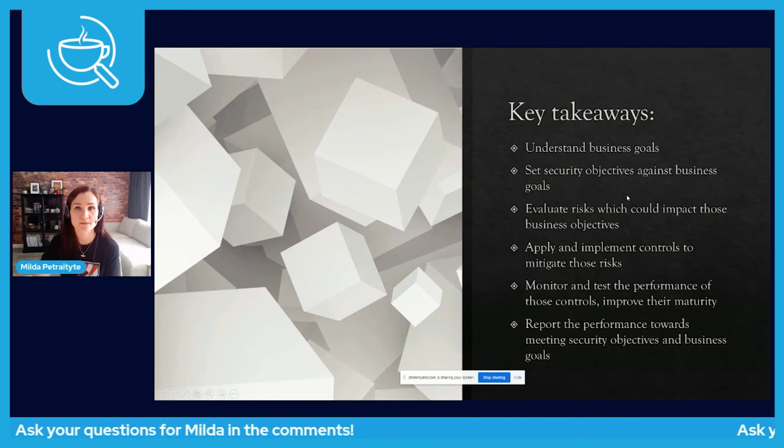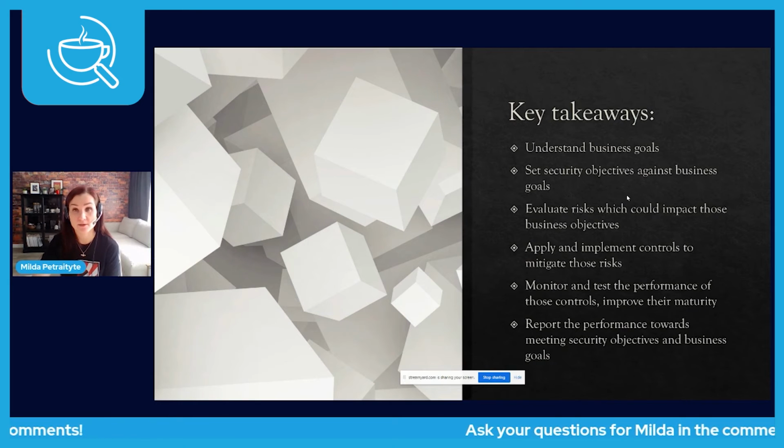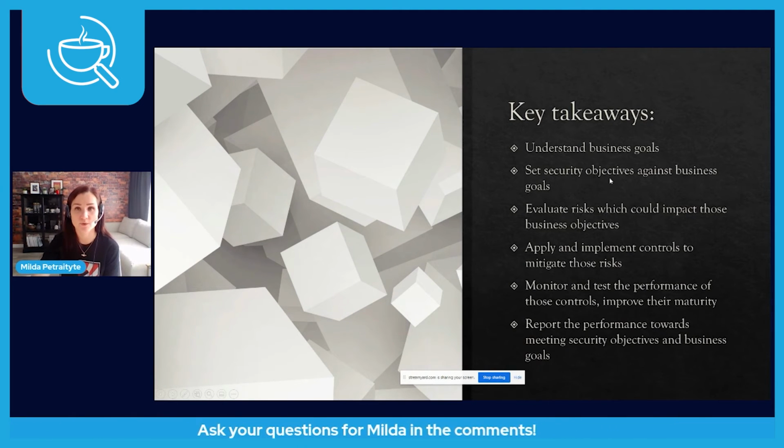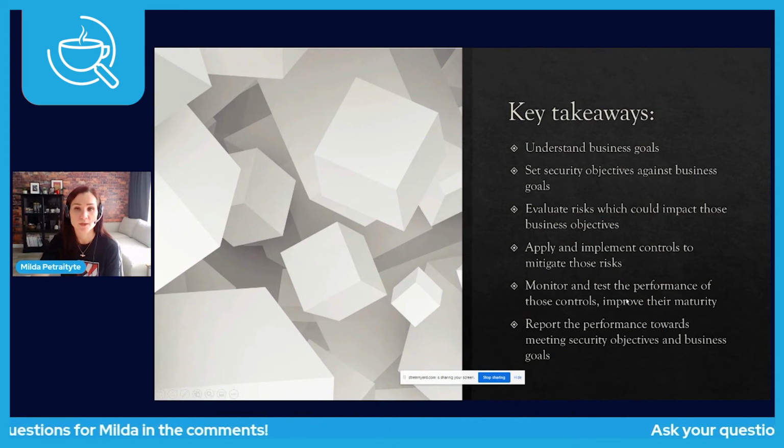But all we typically talk about to the business, and making sure that they understand this, is about the business goals and security objectives that we have related to these business goals. So this would be probably the kind of